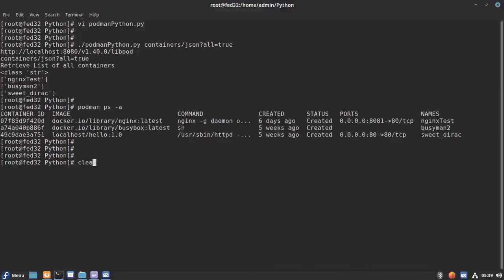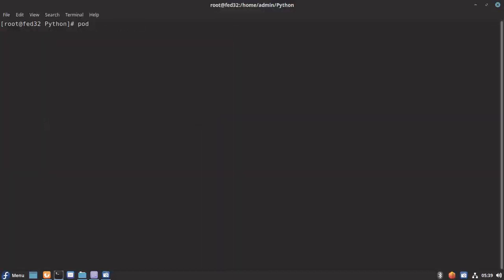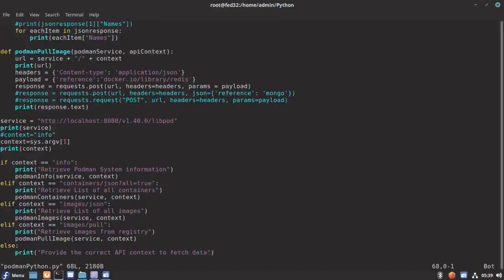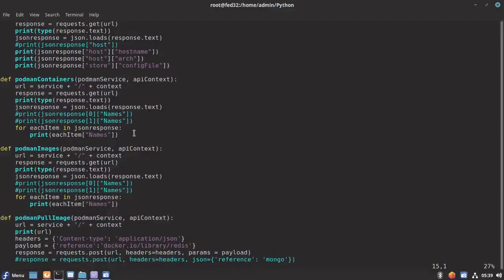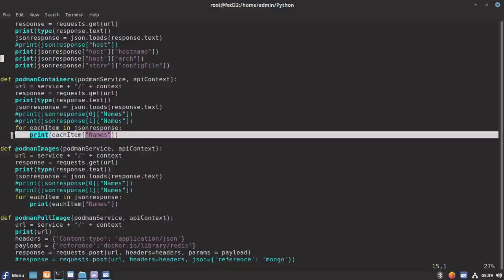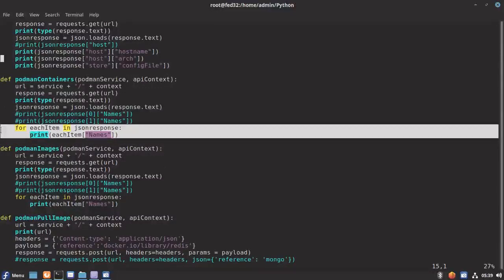Okay, so let me go into the definition also. I'll try to explain you. So podman containers definition, let's go into this. So here also we are doing the same thing. We are passing the service URL and the context and capturing the response, converting that into JSON format, and this is important here. So basically we don't know how many containers we have in our system, right?